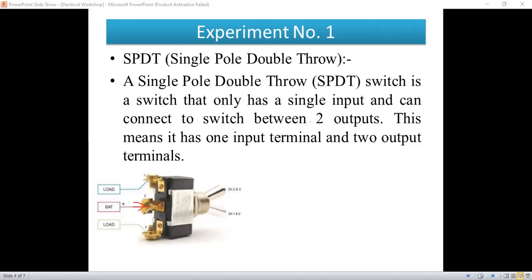या middle terminal ला input connect केले असेल. Then the other two, that means this one and this three, these two terminal are the output side terminal. हे दोन output side terminal असतील. This one is then input terminal, हे एक input terminal असेल. So if we connect here input, sometimes this switch is used as a single output and two input, म्हणजे दोन इनपुट आणि सिंगल आउटपुटला आपण यूज करतो.